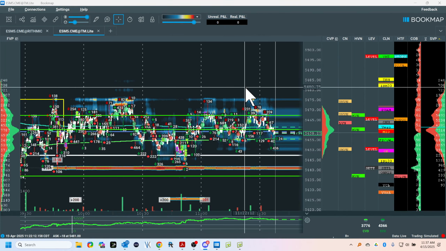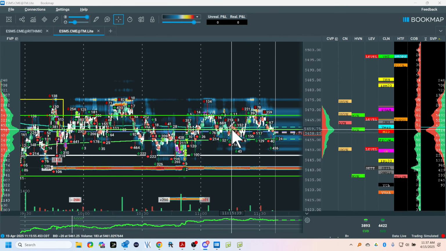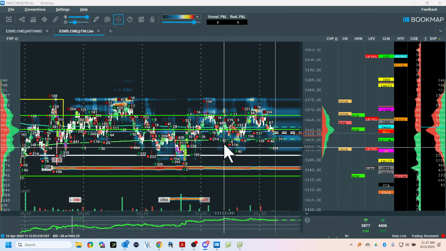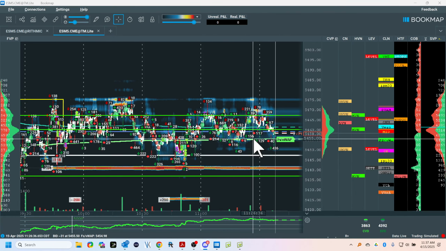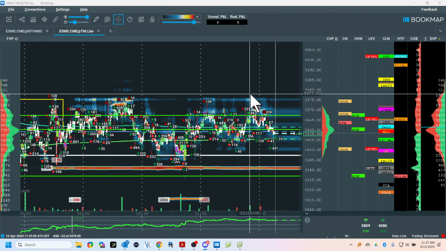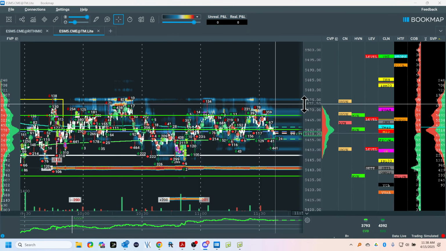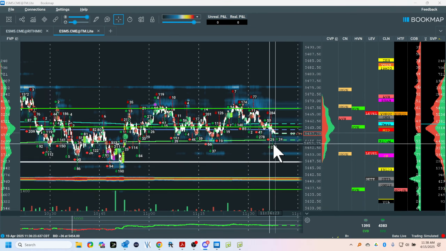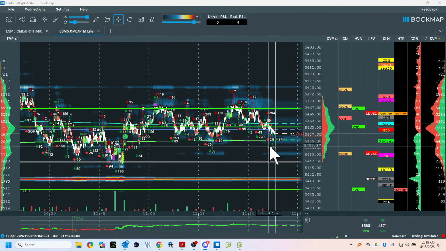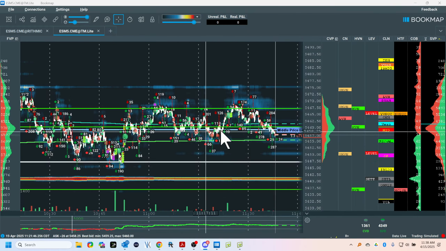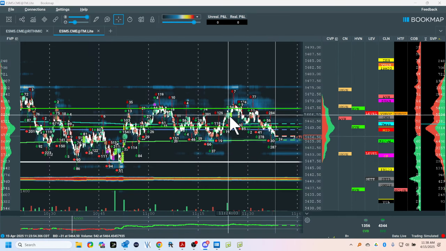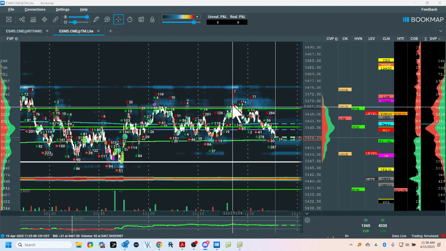Ben, do I use the absorption? I don't use it, but I can see the absorption here and the iceberg. So I don't use it. I have in the past. I used it for a long time, but it's kind of redundant for me because seeing the icebergs is the absorption. And if I see a sweep, that also shows me potential absorption, like excess.